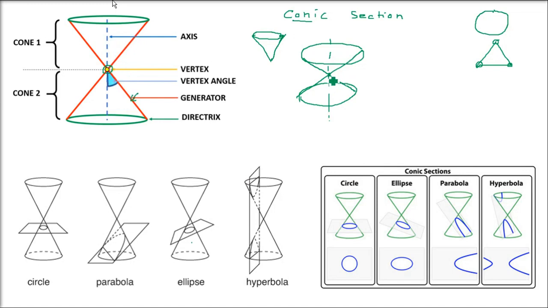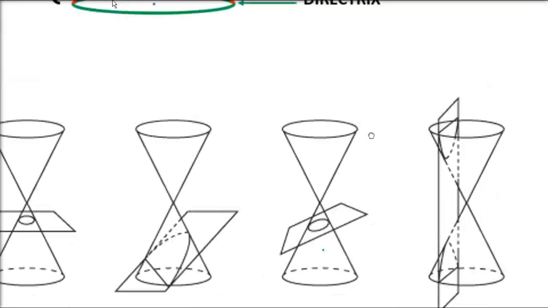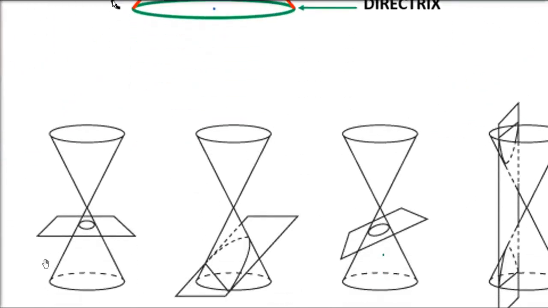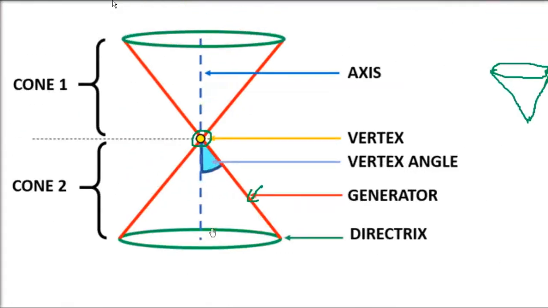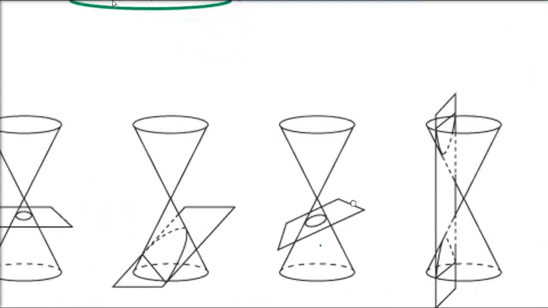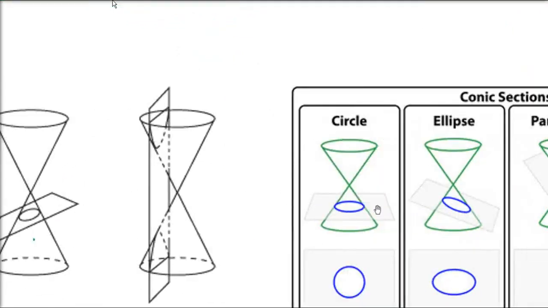On this axis, what is this angle? The angle between the axis and that stick is called the vertex angle. In most books it is called alpha, vertex angle. And there will be a locus being formed. When you swirl it, you rotate that stick around some axis, there will be some directrix. So the best idea is to understand: take a plane, simple, and just take it perpendicular to this axis and cut this shape, either above or below.